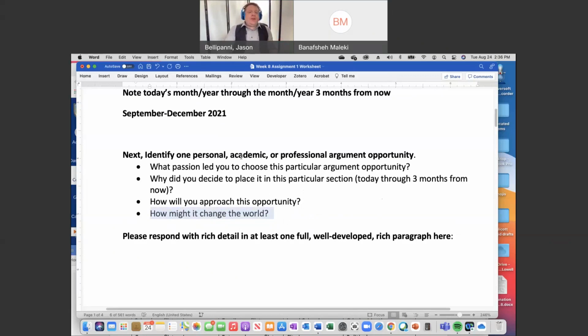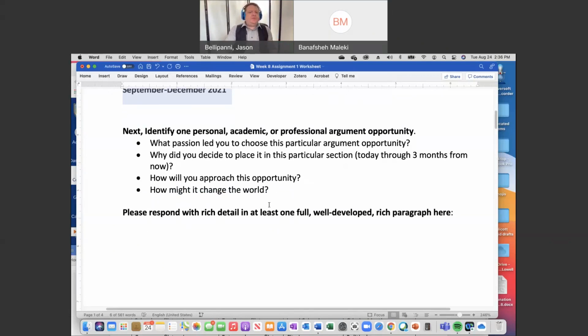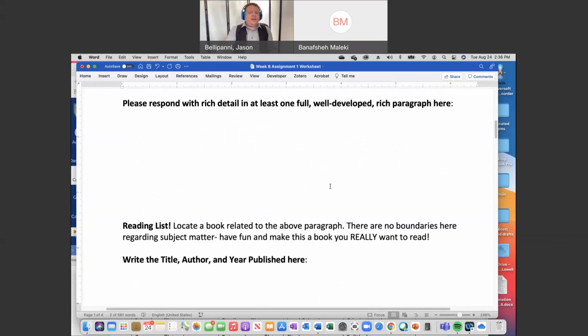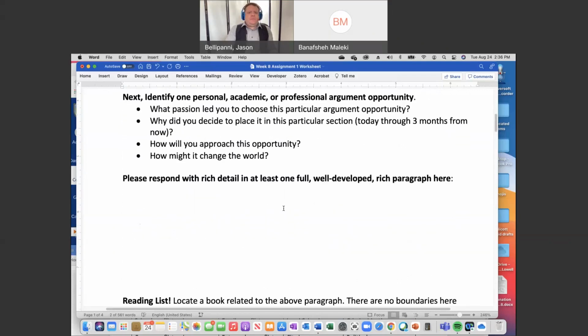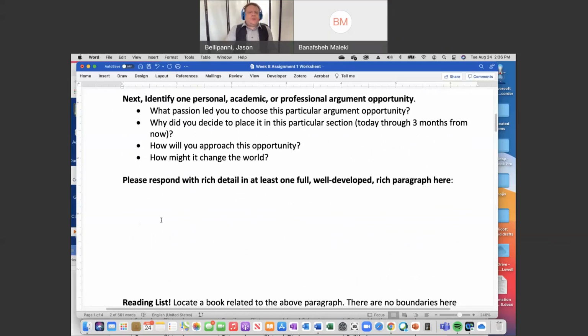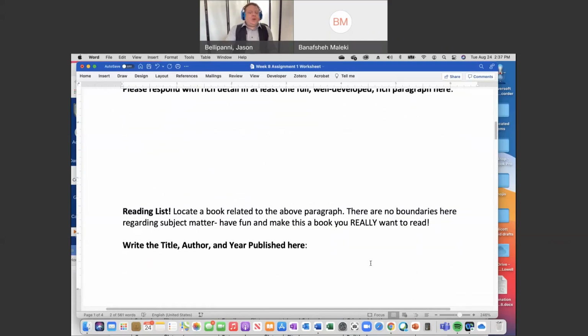And then you're doing it for another 3-month segment. And you basically do this 4 different times. And you just fill in this. Okay, so these are the questions, and you answer them in 1 paragraph, all these questions that I just went over. The other thing is, you're looking up a book, and you're trying to find a book that might help you with this